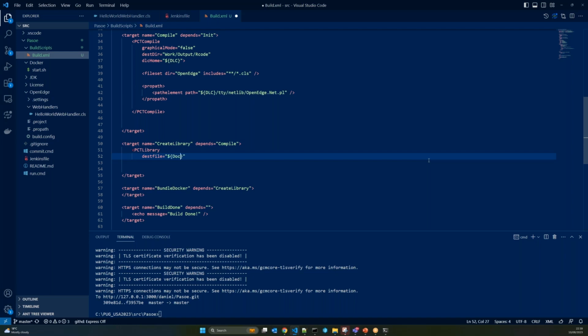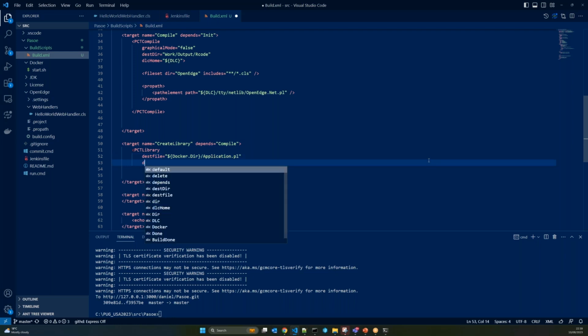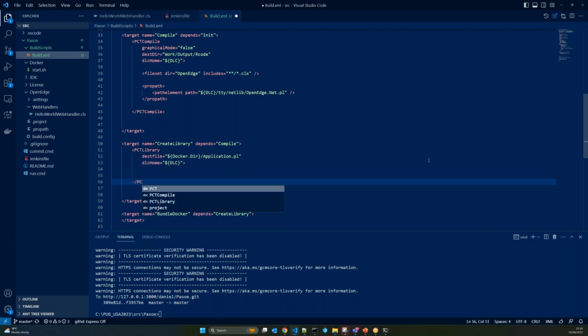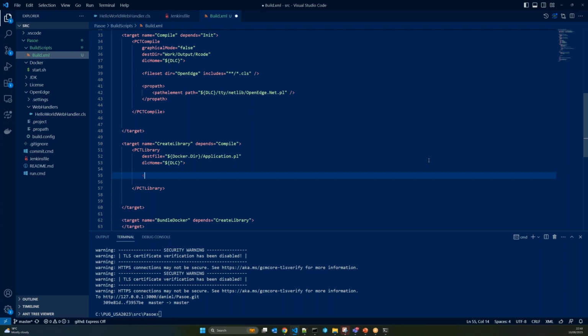So $docker.dir/application.pl. We again need a DLC home variable set to $DLC. And we need to close this /pct library. And then we need a file set. And file set, there is work, output, R code,